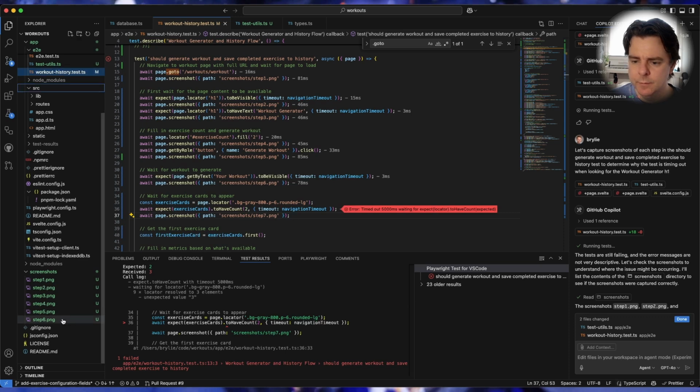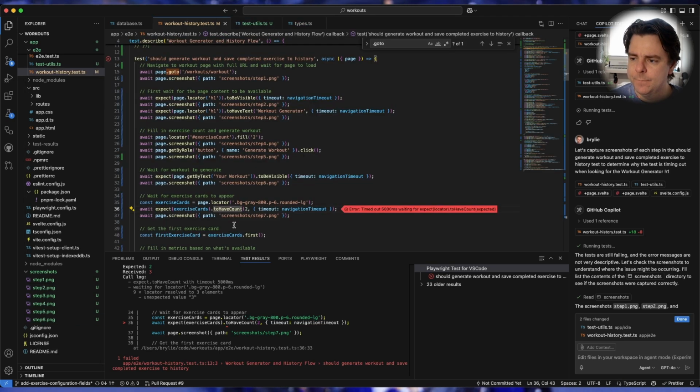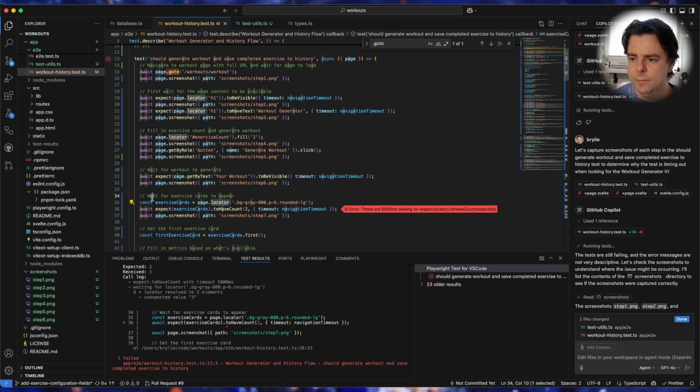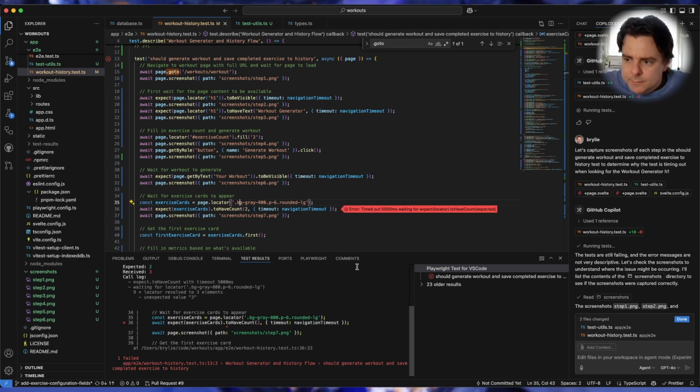All right, so we're good to go. We're actually getting a little bit further along. Step 6. This locator is kind of nondescript. Wait for exercise cards to appear. So this is an